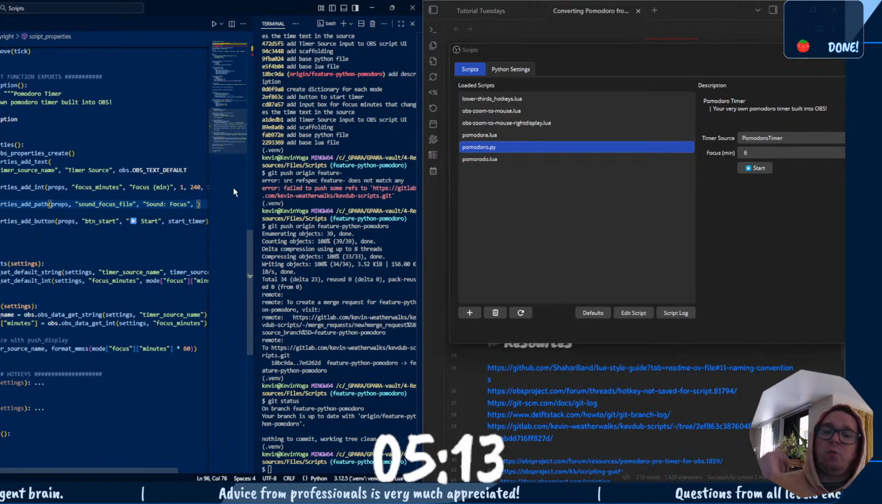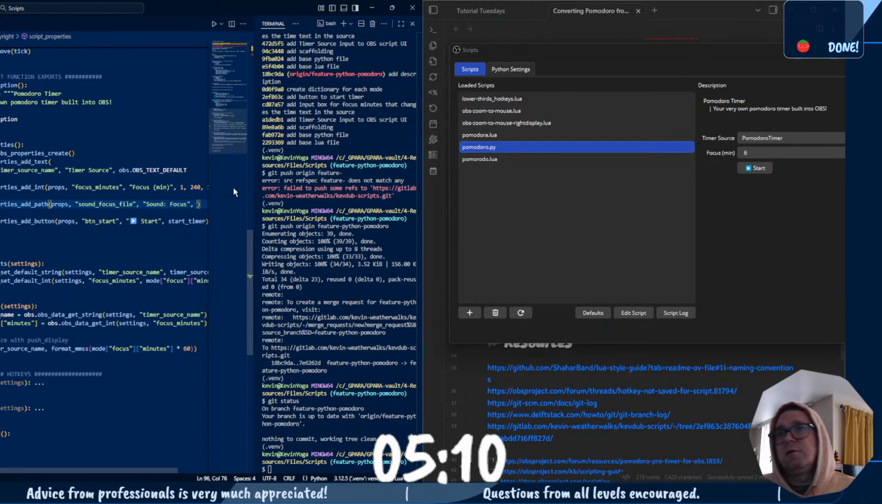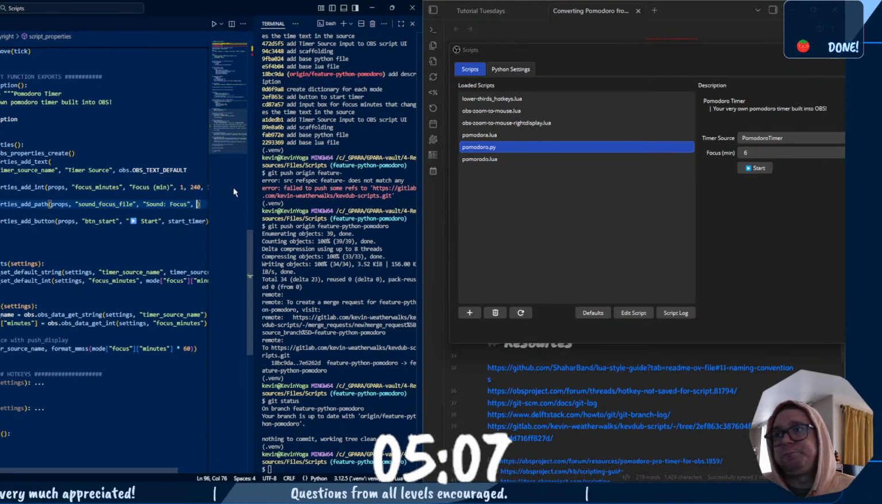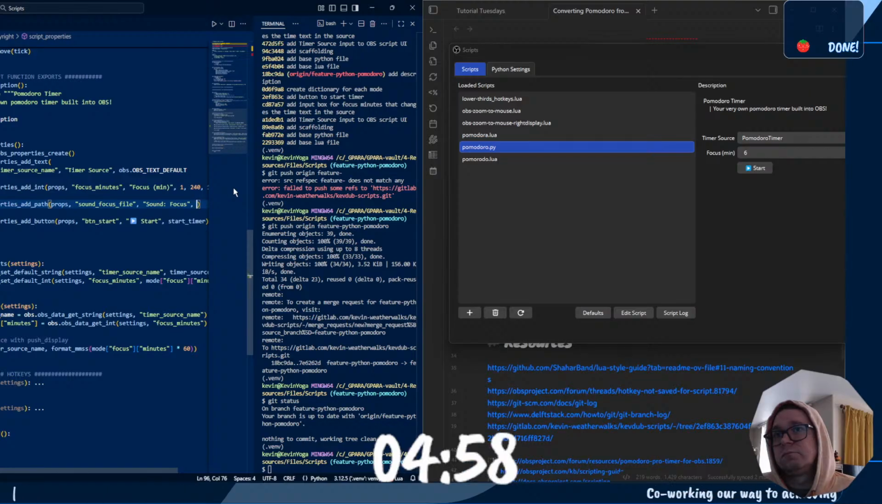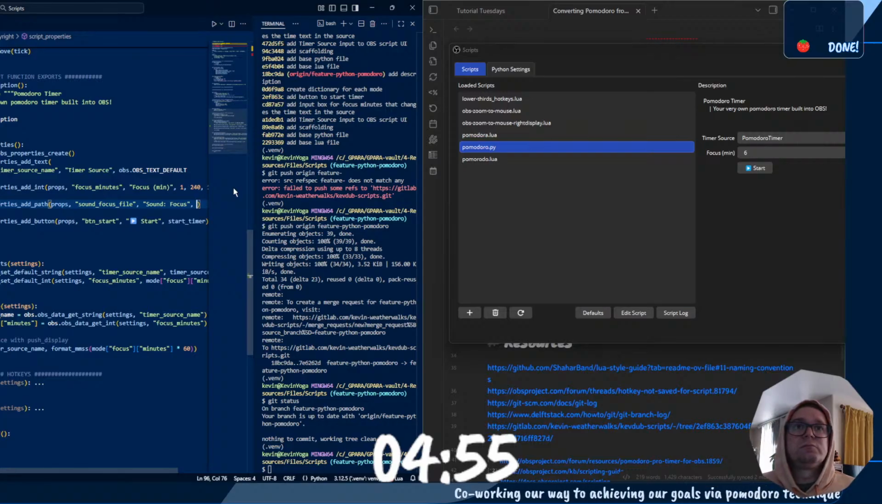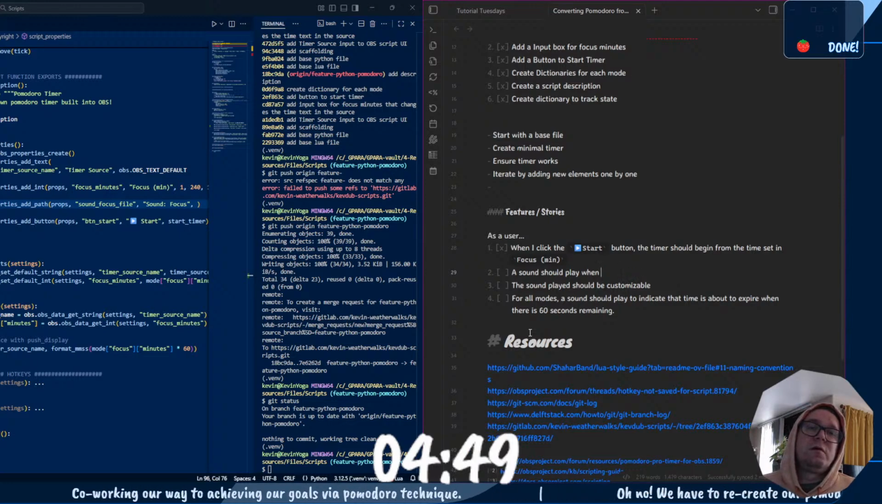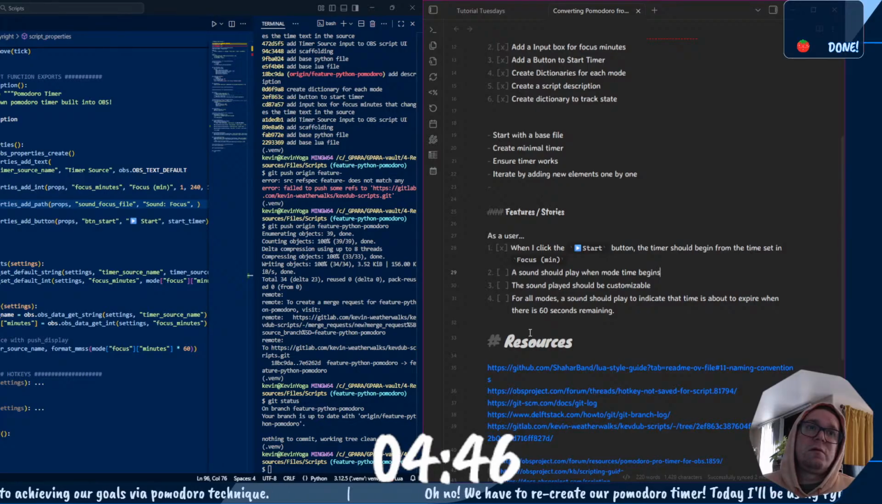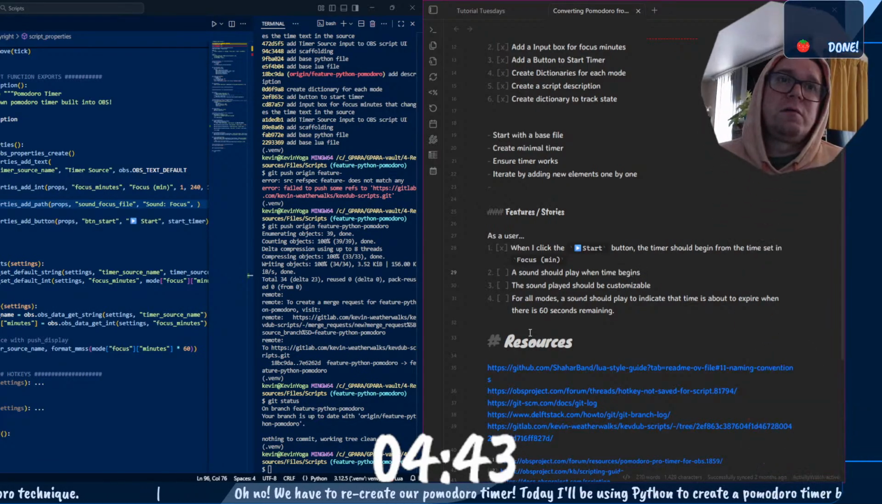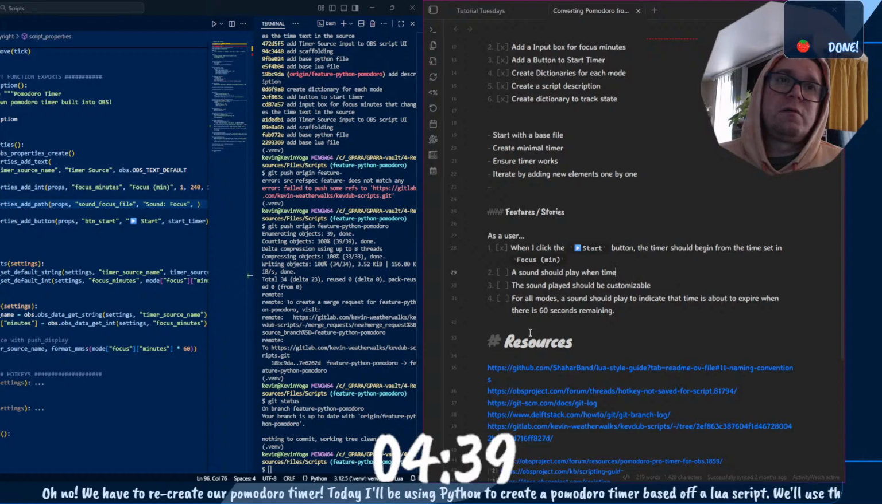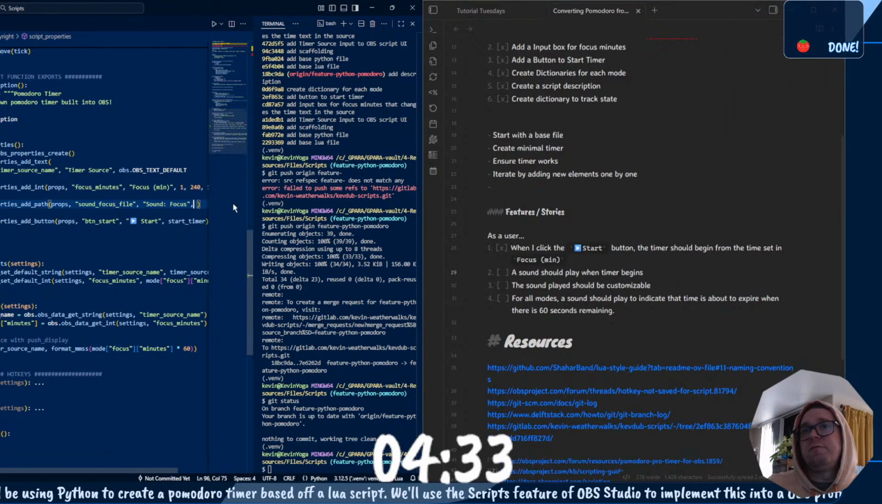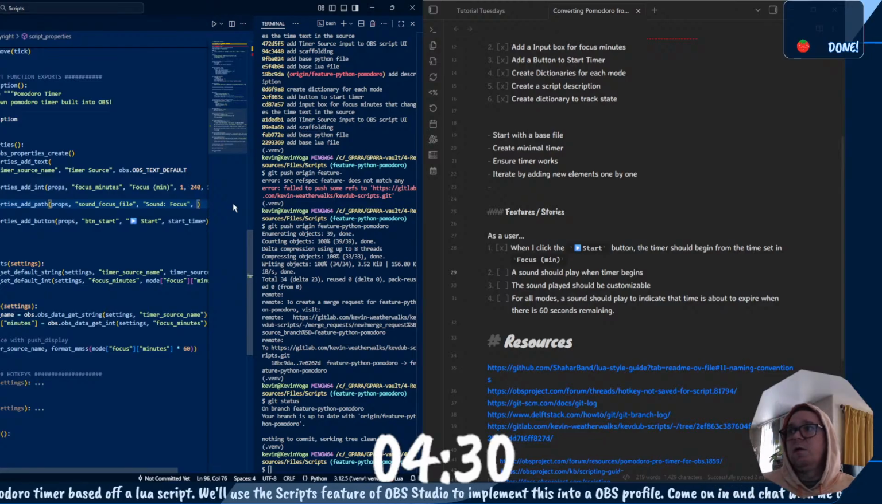So sound should play when it starts, actually. I think that's what we should do, because then, at the beginning of each mode, sound should play when the timer begins, and that should be focused on this. Okay, so OBS